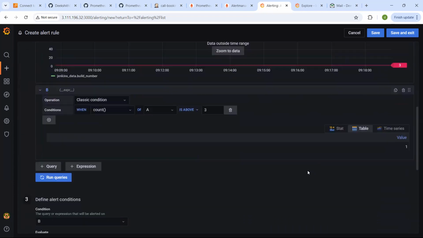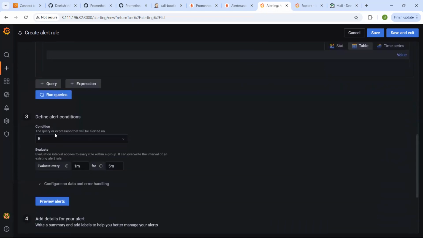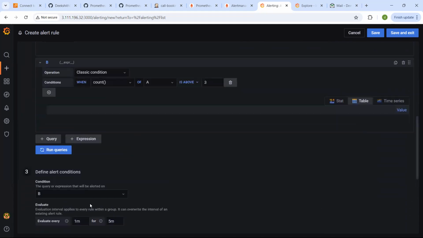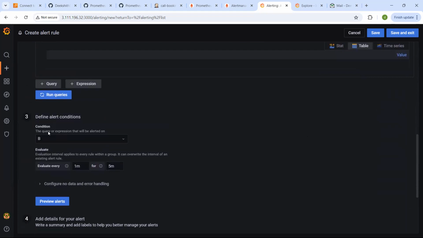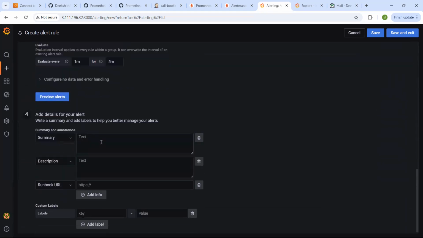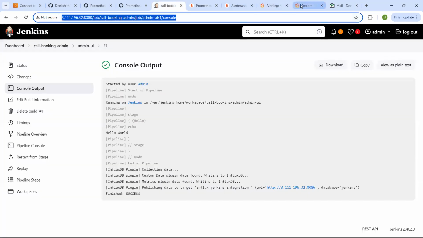So now once this is done, here also you can see that condition. Whenever query B is 1, then only the condition will be satisfied and the alert will be triggered. We can give more information here, summary and description. I would say admin UI as field, and I can give more information like pipeline, URL, all those things here. So let me provide that admin UI URL,